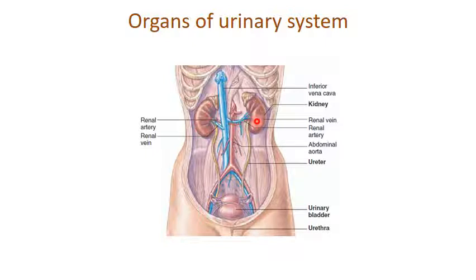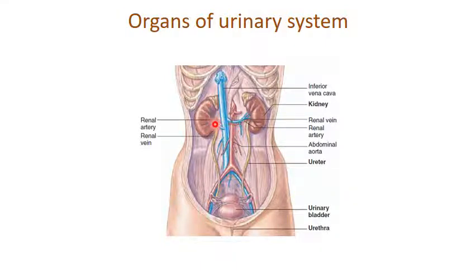The organs of urinary system, especially kidneys, are present along the posterior abdominal wall. Right kidney is a little lower than left kidney because of the presence of liver above the right kidney, which has displaced right kidney slightly lower than the left kidney.